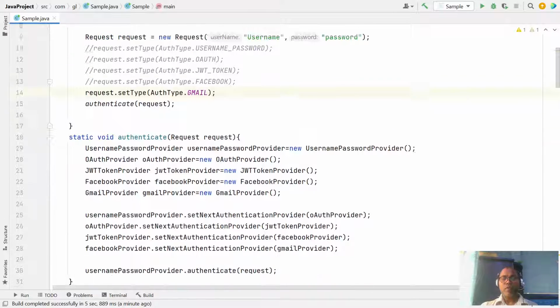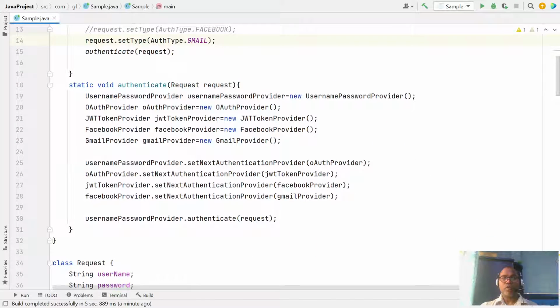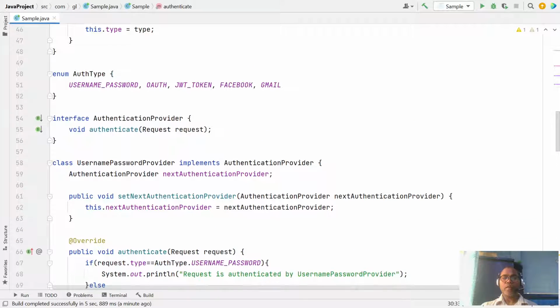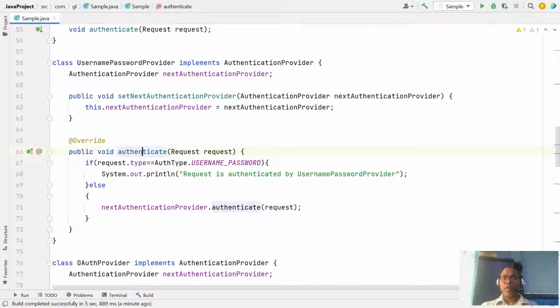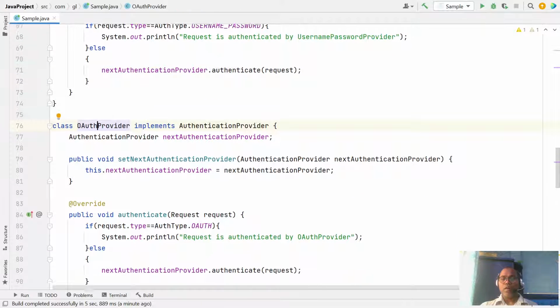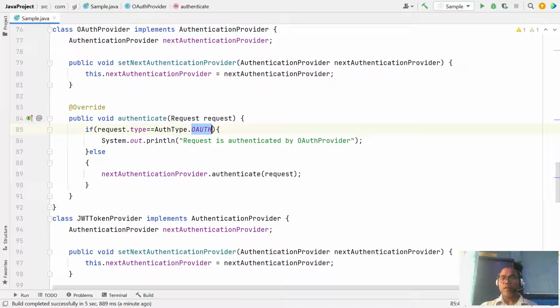So this is the way: whatever request we are receiving, we just forward to the username authentication provider, and the username authentication provider checks at runtime whether it is able to serve this request. Because this is a different type, I cannot serve, forward to the next one. The next one is OAuth, and OAuth says I am not able to handle, forward to the next one.